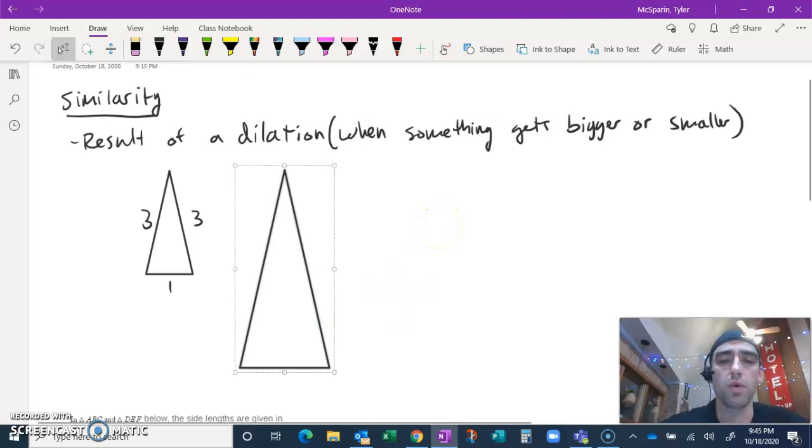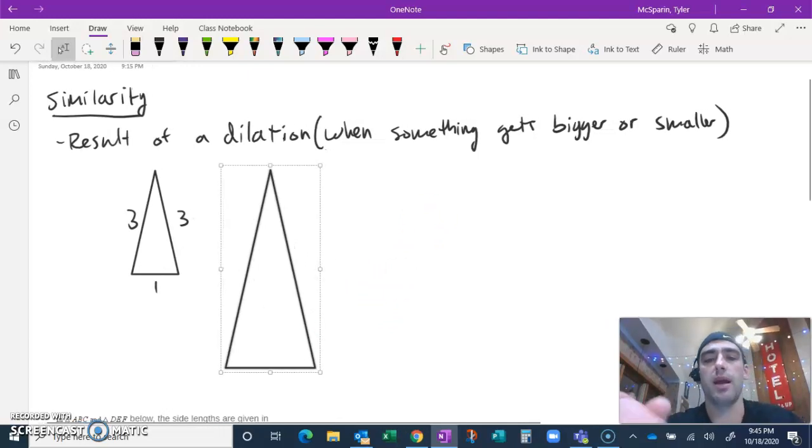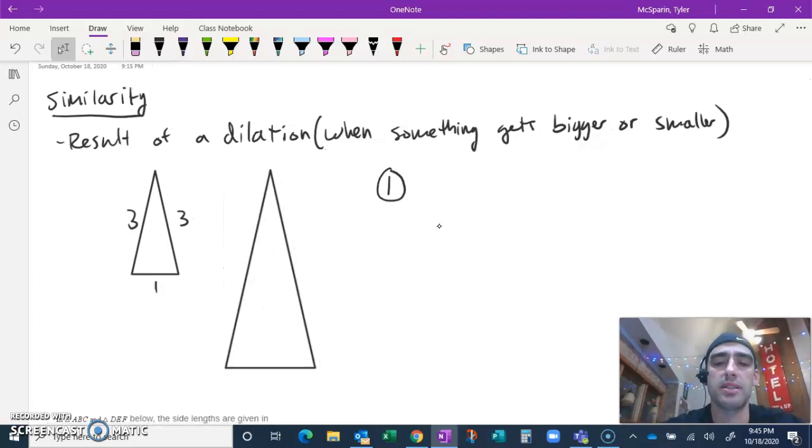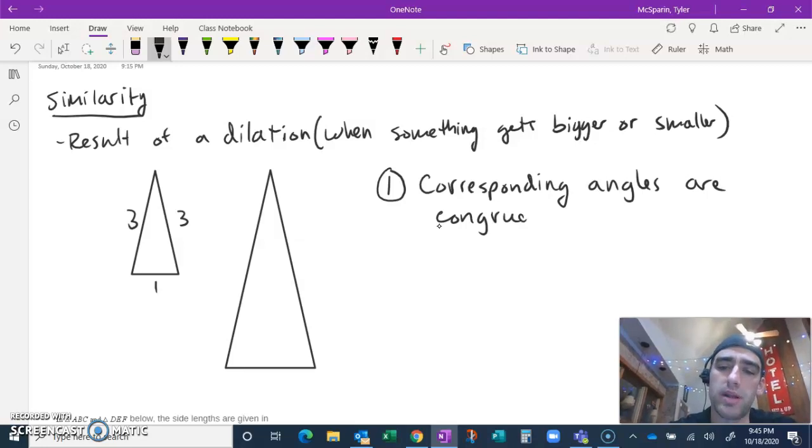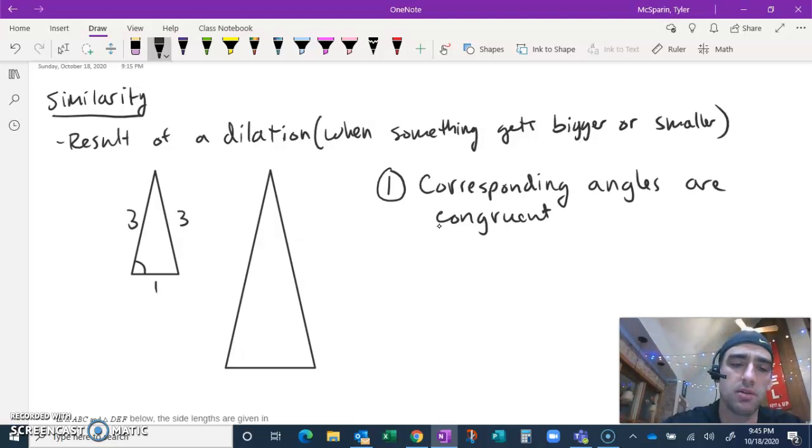Now, here are the rules for dilation. So, rule number 1 is this. Angles, oh gosh, I always do this. I forget the most important word. Corresponding angles are congruent. All right, so what that means is that this angle here down in the bottom left is exactly the